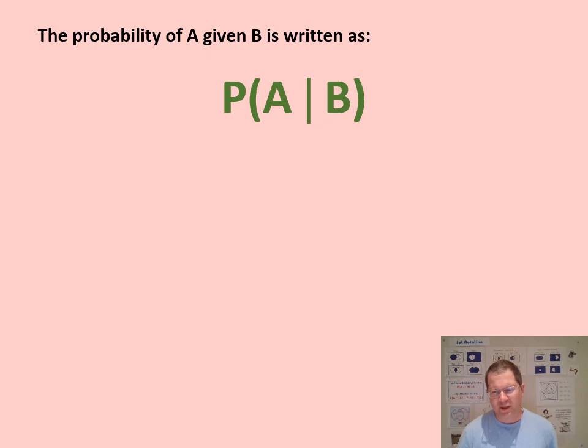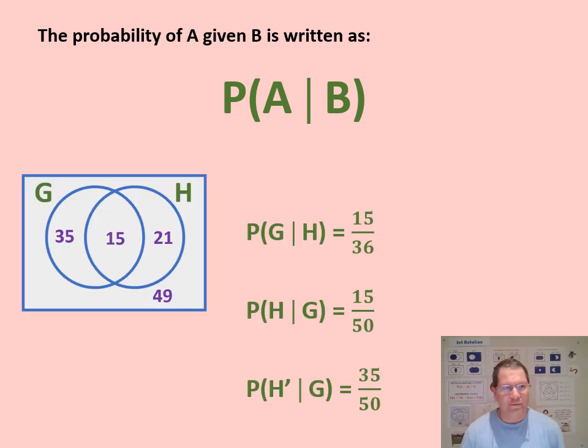We know that's happened. It's like if we had a bag with 3 red buttons and 4 blue buttons. If we take out a blue button first and then ask what's the probability of getting a red button, well, it obviously depends on what the color of the first button was, if we haven't got it back. If we know it's blue, then that's going to change it from if we didn't actually know what it was. So far, all our denominators have been over 120 using the types of notation we've been looking at, whereas now with conditional probability, the denominator won't be 120 because we're looking at a subset of the